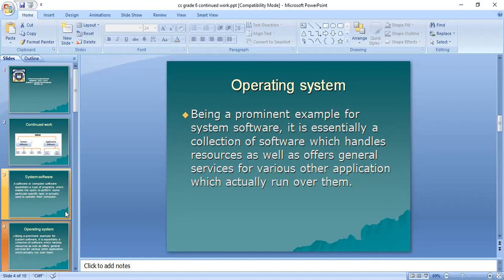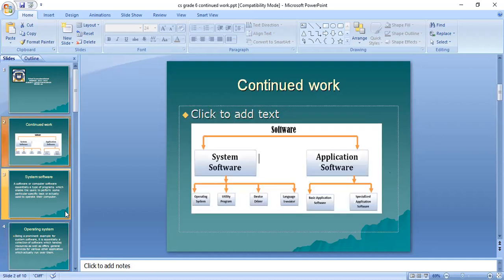And then there are drivers. You need to look into the book also. A driver, let me show you the map so you can understand it better. There is system software, and there is the driver. A driver is a computer program that enables your computer to interact with your hardware. Hardware means parts of the computer that you can touch, like the mouse, keyboard and CPU.